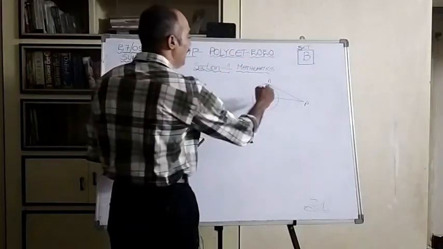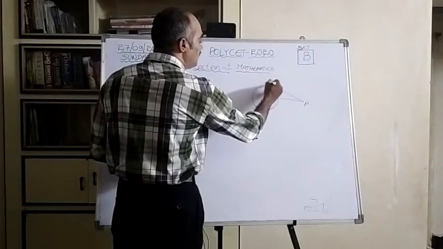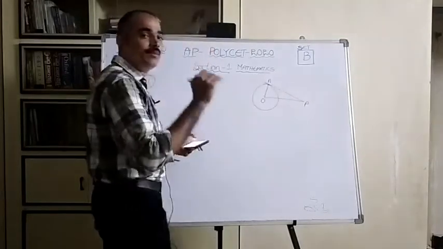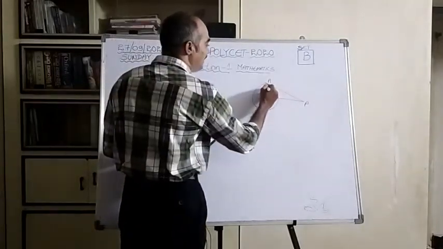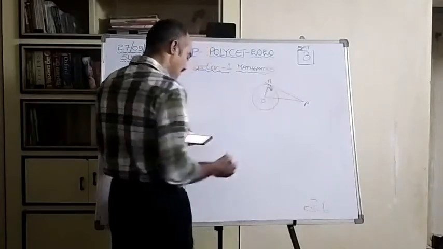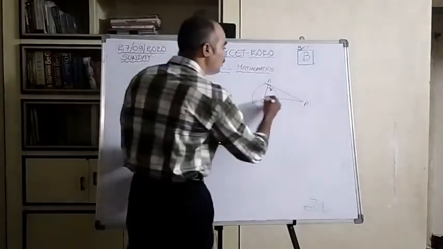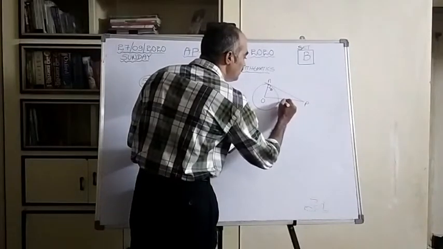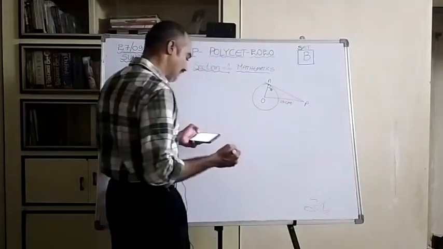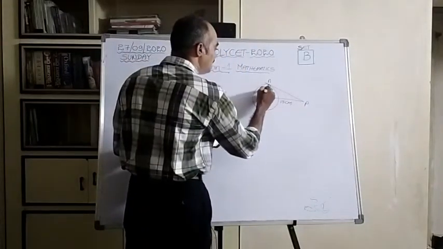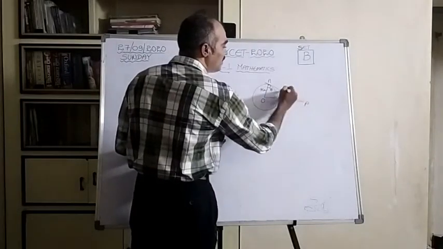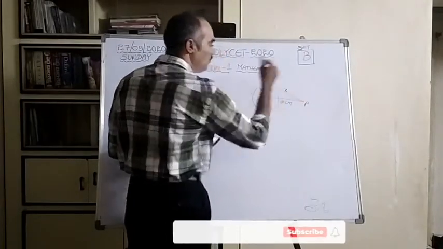know, the angle between the tangent and the radius at the point of contact is 90 degrees. So this is 90 degrees. Now let us substitute the given values here. This point is 15 centimeter far away. So this is 15 centimeter and the radius of the circle is 9 centimeter. So this is 9 centimeter and we need to find length of the tangent, means AP is to be found.